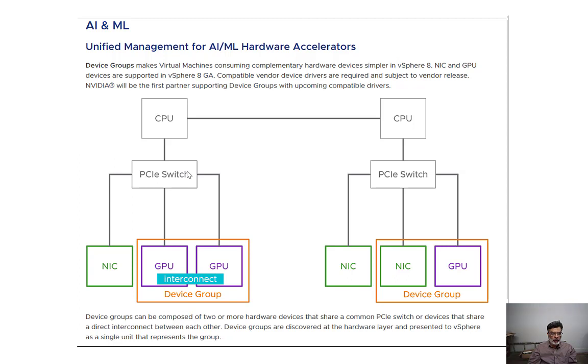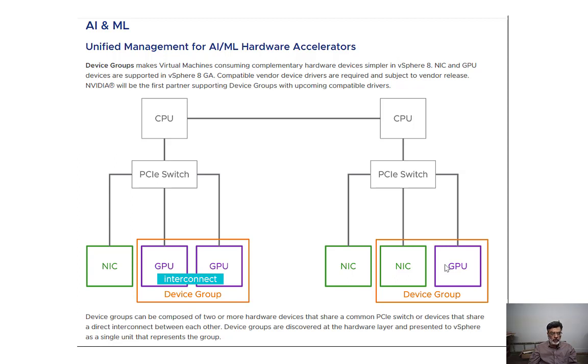Now there is another feature that arrives in version 8, which is called device groups. So what are device groups? For example, in your host you have two devices, like an NIC card and graphical devices. Now in the virtual machine you can put them in a group which is called a device group. Basically in a device group you can combine your physical hardware into a group, so you can easily manage them. Otherwise you have to manage them one by one, which is a headache.